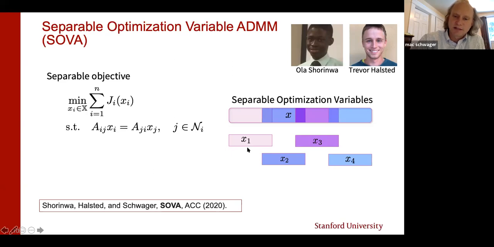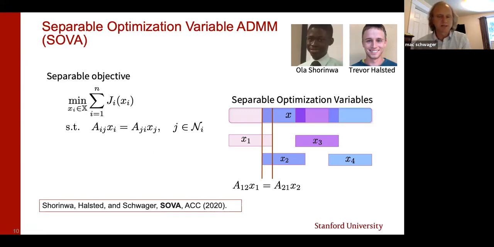And the key here is that for this to make sense, there ought to be an overlap in these decision variables. So the decision variables on X1 are maybe this fragment of the global decision variables, and on X2 it's this fragment, and there needs to be an overlap. So there needs to be an equality constraint that couples some subset of X1's variables with some subset of X2's variables. So maybe it's just the last element in X1's variables needs to equal the first element in X2's variables. Or maybe it's some arbitrary subset, right? But there's some subset of equality constraints between these.